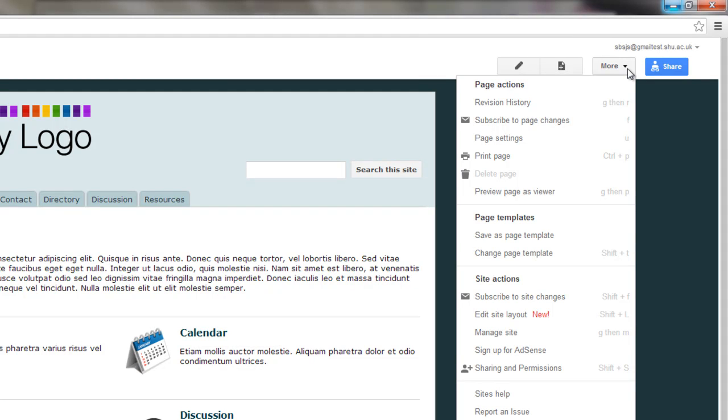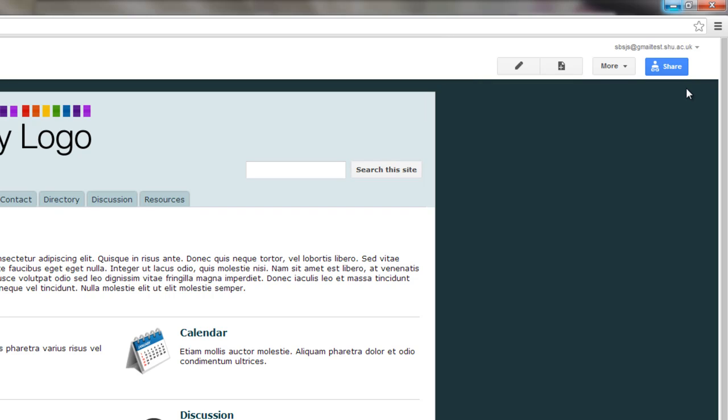Managing Your Site screencast. The next one, if you are familiar with Google applications in any way, you'll probably have seen this Share button before. But what this allows you to do is change the way the site is shared with the rest of the internet. So